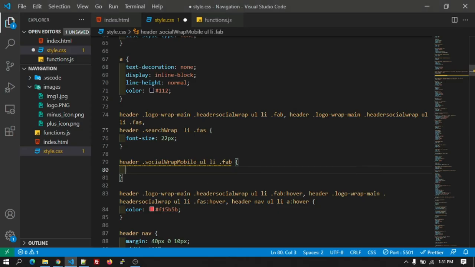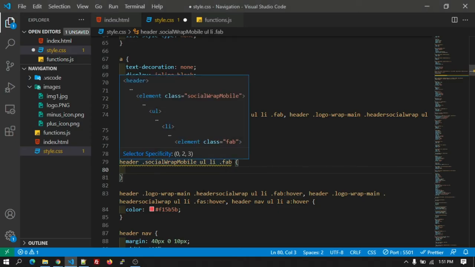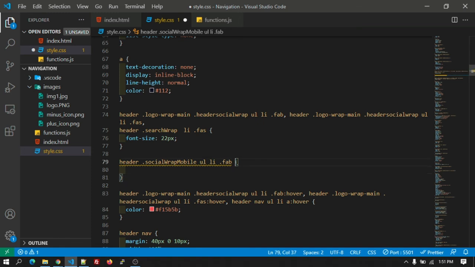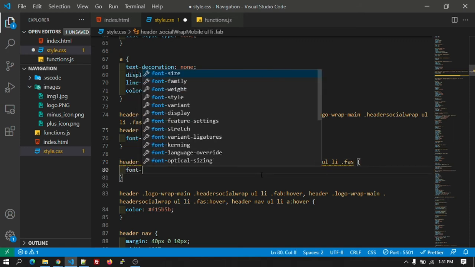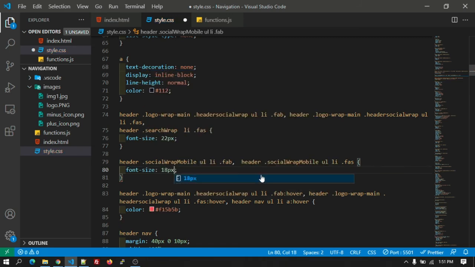Only the two classes of the icon. Let's add that as well. Let's copy the entire thing once again for the fas class. Okay, let's give the font size as 18 pixel.